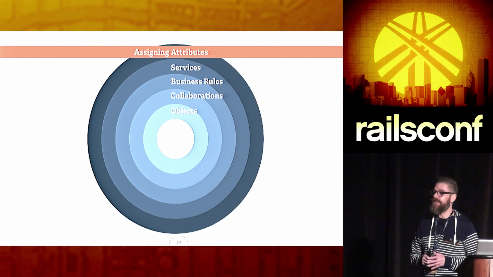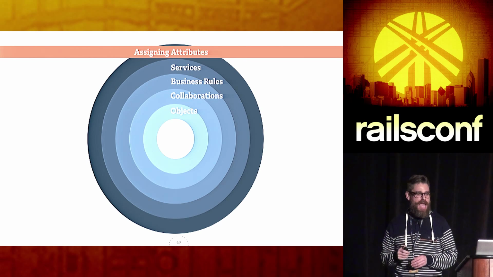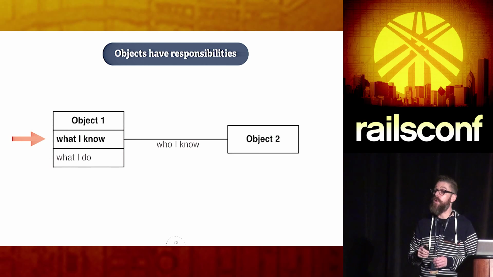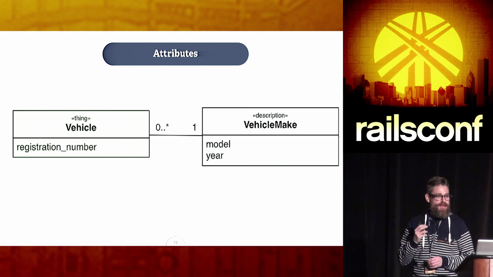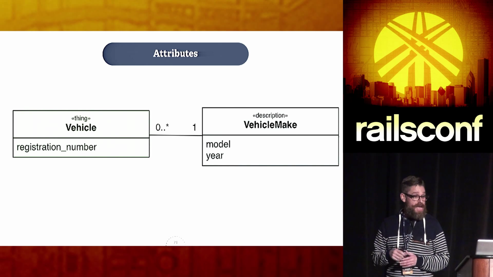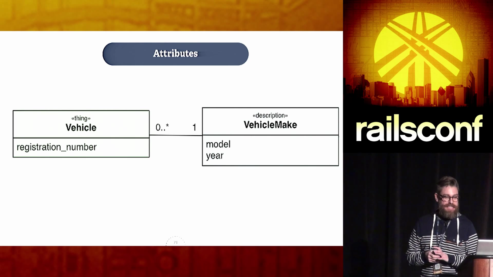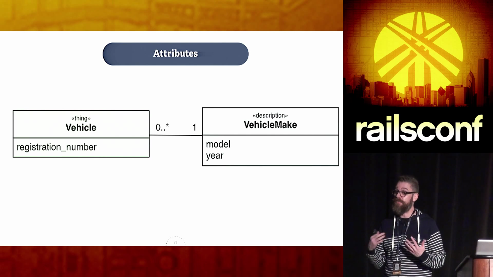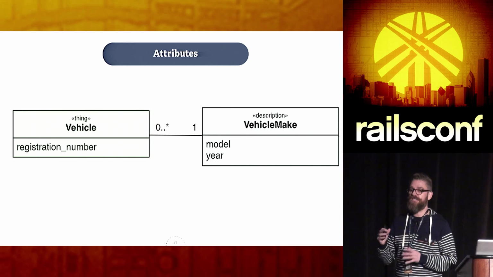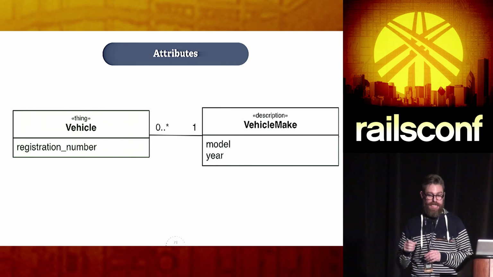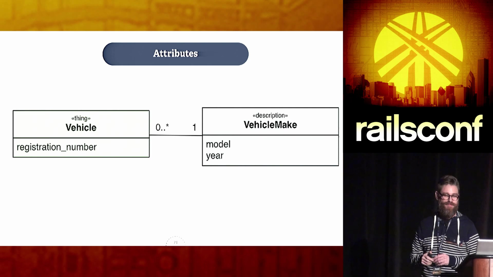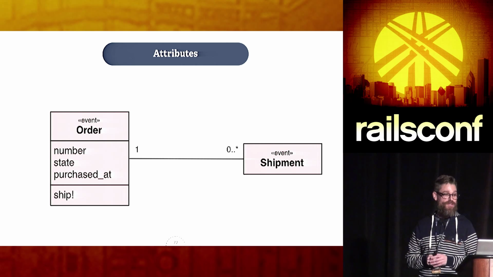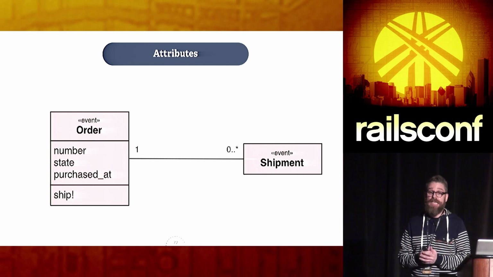And here we come to our last skill in terms of assigning attributes. We've already taken a look at some attributes. These attributes respond to what I know. So coming back to our vehicle and our vehicle make, a vehicle with this registration number is a descriptive or tracking attribute which is typical of a PPT. With the vehicle make, we have these two descriptive attributes of the model and the year. From our order example, the order has this tracking attribute of a number. It knows its state, and it has this timestamp